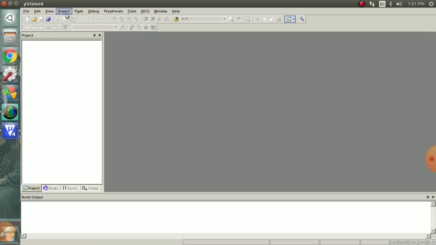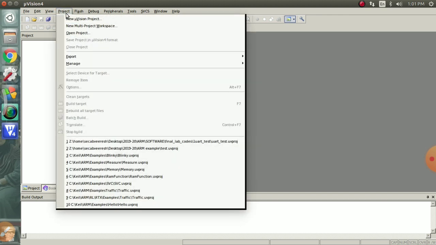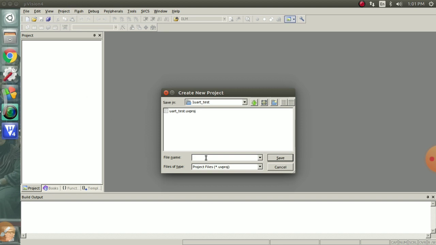So go to project, new Microvision project. Just go back and create one new folder, because all files will go into the same folder.